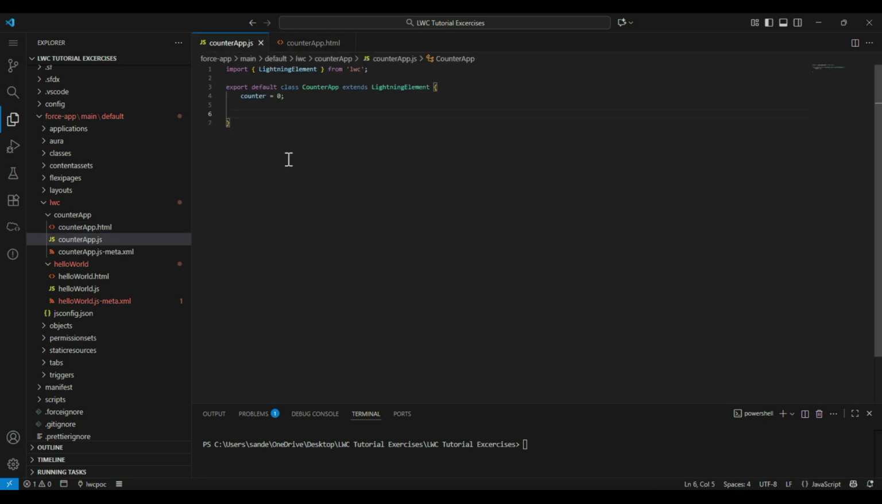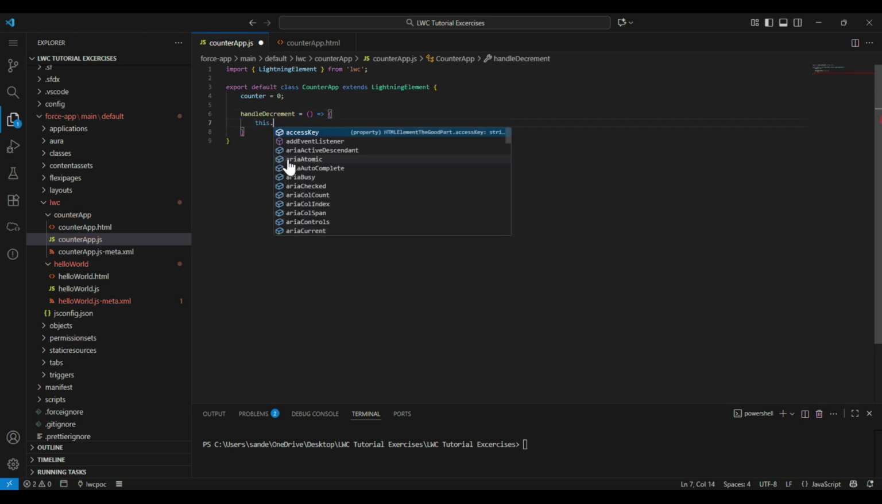We will just write this handler name, then equal, then this arrow function, then inside curly braces we will write this dot counter plus plus. This is just to increment the counter whenever this button is clicked,